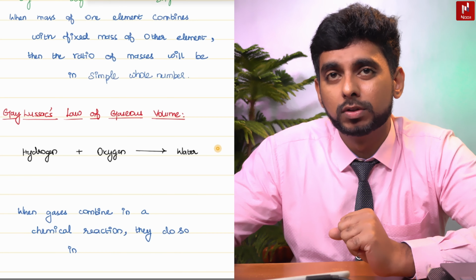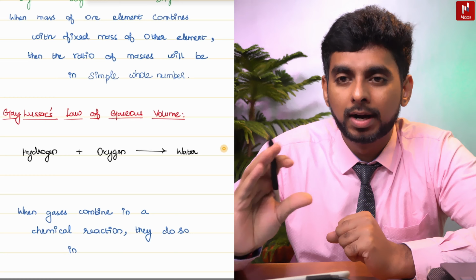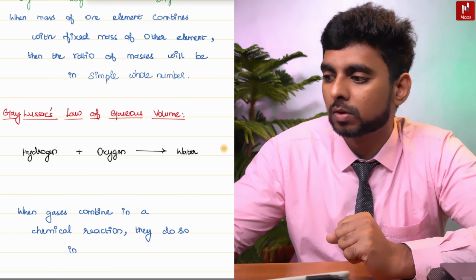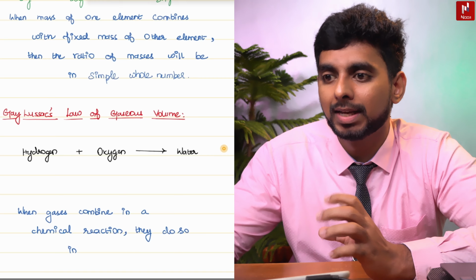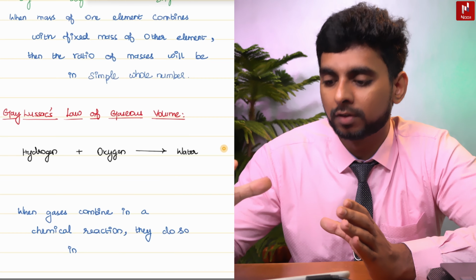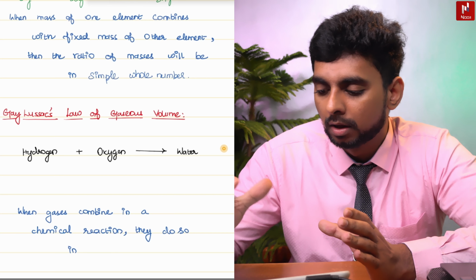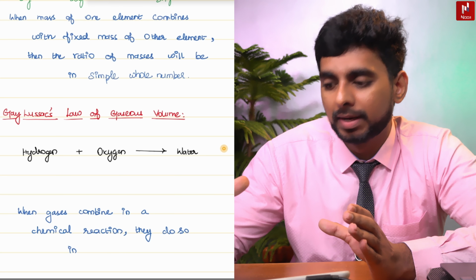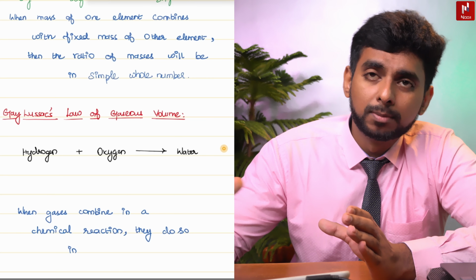Same way, it is going to produce water. Fine. So here I do not consider the masses. By comparing mass, I have already done the law of multiple proportion. Here I'll have to consider the volume, which means this is in the gaseous state. If that was the case,